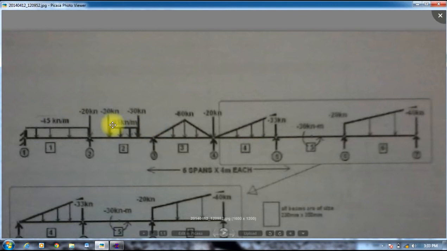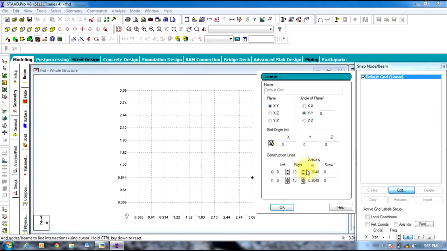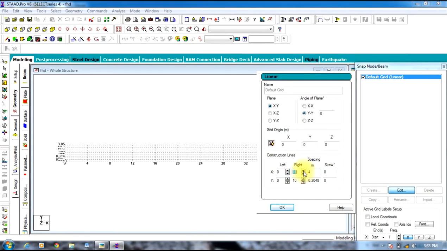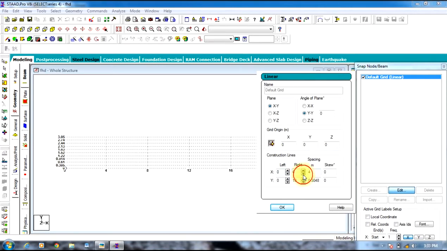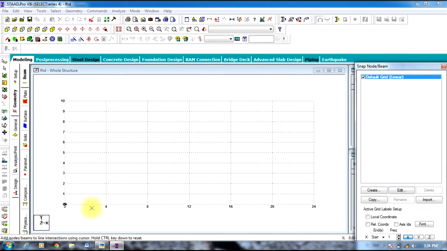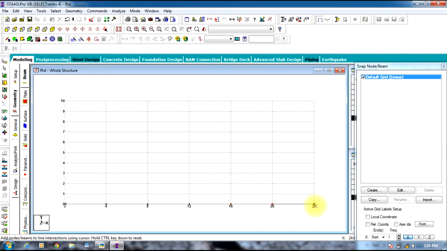Since our continuous beam is 6 spans and 4 meters each, we will be changing the spacing to 4 meters and the coordinates to 6 and the upper side 1 meter. Okay, so you can see 24 meters. Now we need 6 spans, so select 6 spans, 0 to 4, 4 to 8, 8 to 12, 12 to 16, 16 to 20, 20 to 24. Select escape,